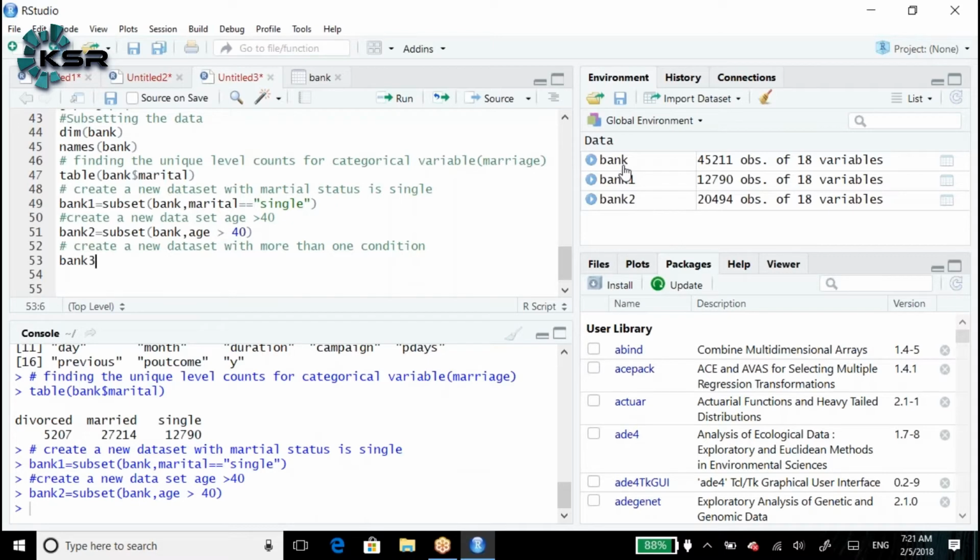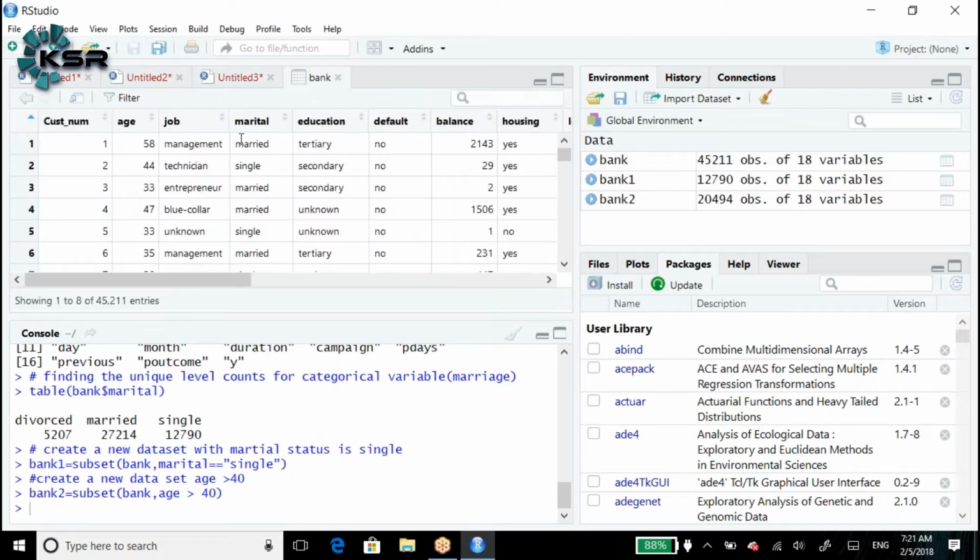Let's say bank 3 is equal to, here we have default. Everyone can see the default here. So age is greater than 40 and we would like to understand whether default is no. Default is nothing but a customer who is not paying the bill. Those customers are called default customers.